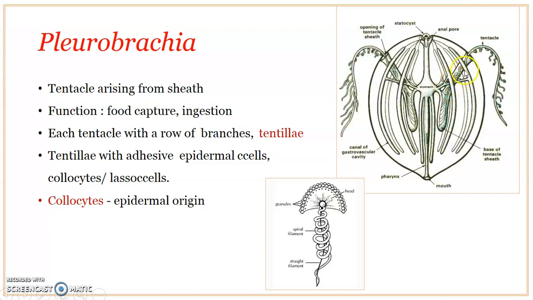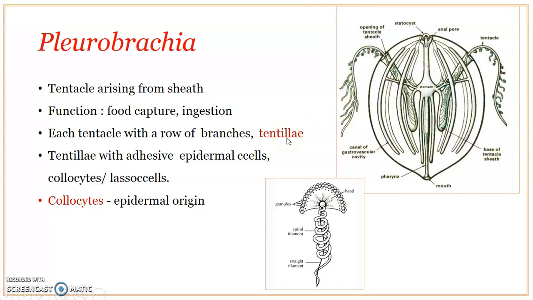Okay, you can see here it is folded inside, or else it can be completely extensile. And when it is completely stretched out, the tentacle may go for maybe 50 to 100 times the size of the organism. It may be so long. Fine. Now, on the tentacle, you can see smaller branches coming out, and these branches are referred to as the